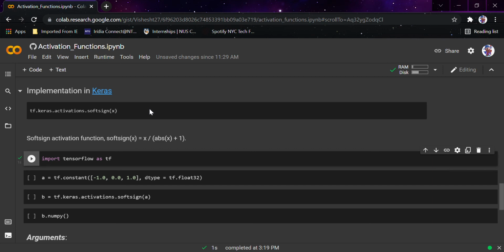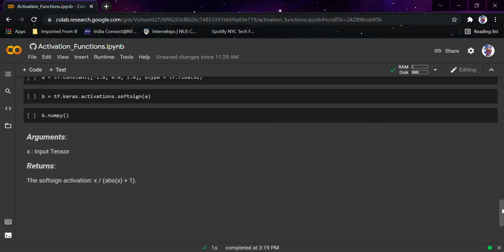we have studied a lot of activation functions, and the same thing always happened: tf.keras.activations.sigmoid, tanh, relu, leaky relu and more functions like softplus, and the same happened with other functions also, and the same is going to happen with soft sign. Other functions also had some more features inside them, but soft sign is a very basic function. It doesn't require any more features inside it. It simply takes an input x, which we are going to talk about when we talk about arguments, as always.